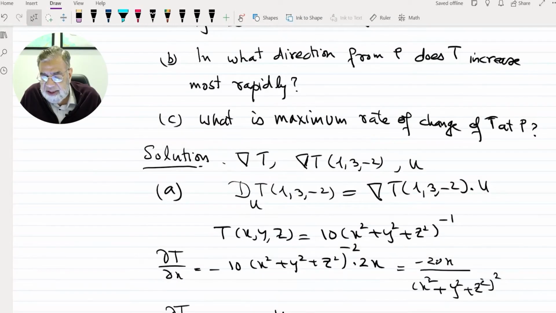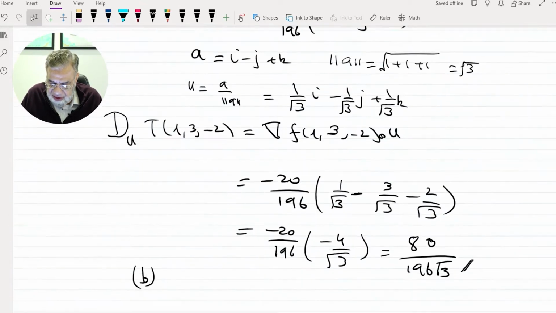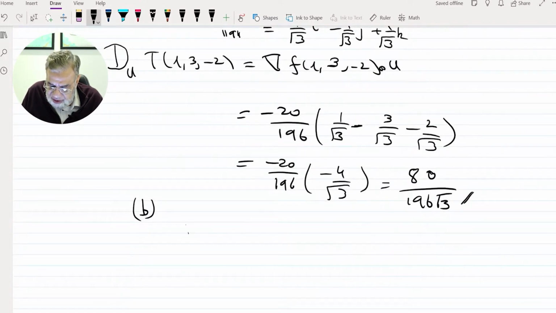Part B: in what direction from P does T increase most rapidly? Decreasing most rapidly will mean maximum decrease. So when you say the maximum increase, that means we have the plus gradient. So when you say the direction of the maximum increase, or the direction in which it is increasing most rapidly, that will be the direction of the gradient. So this is the direction